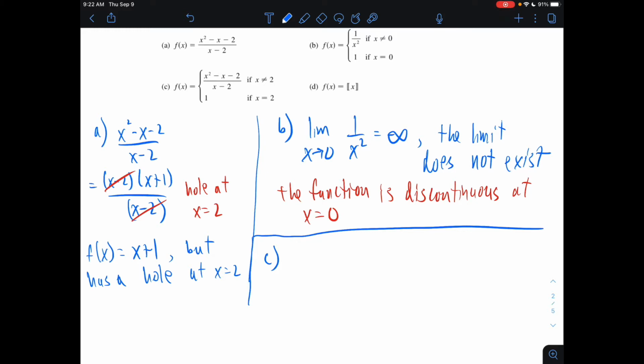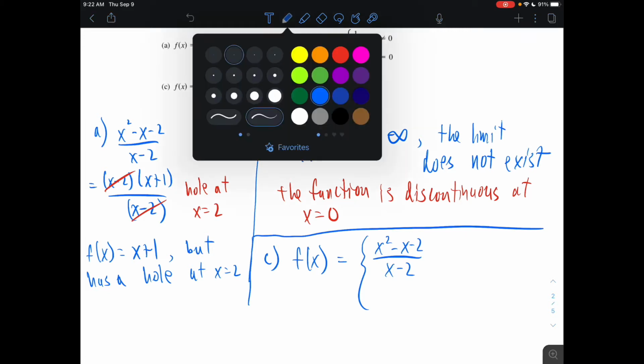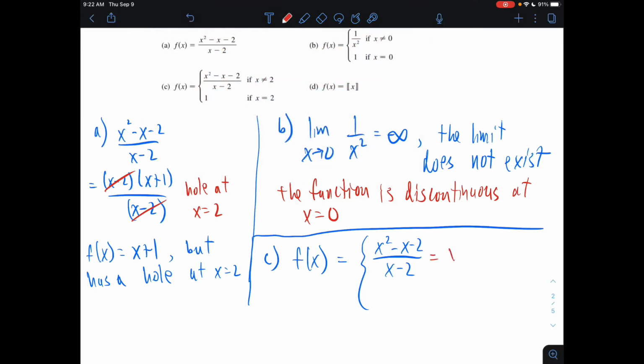So we can think the first piece is just the line x plus 1 with a hole